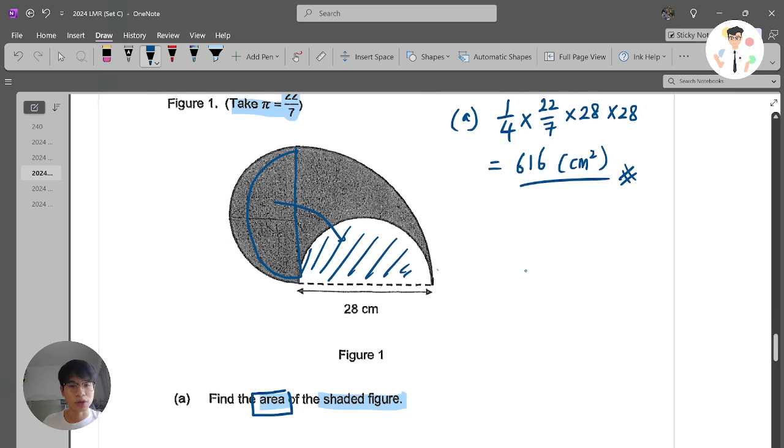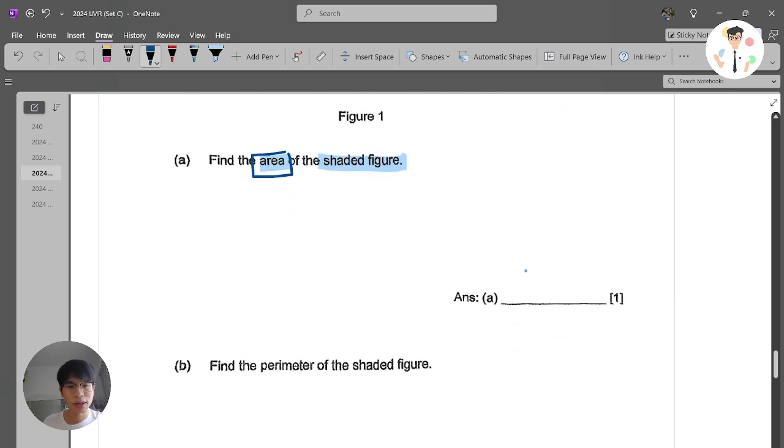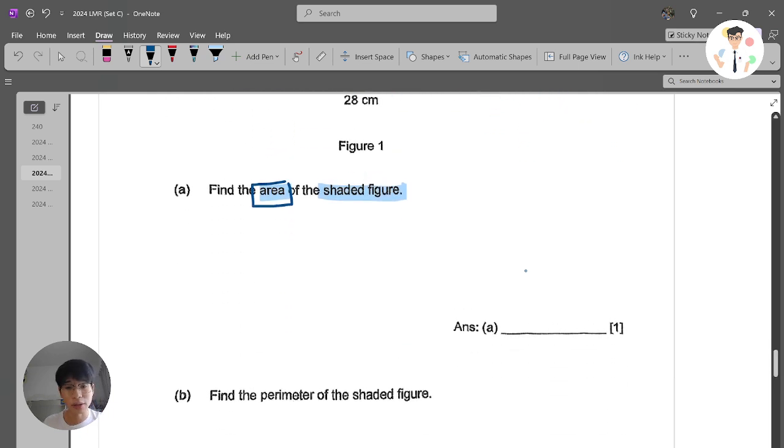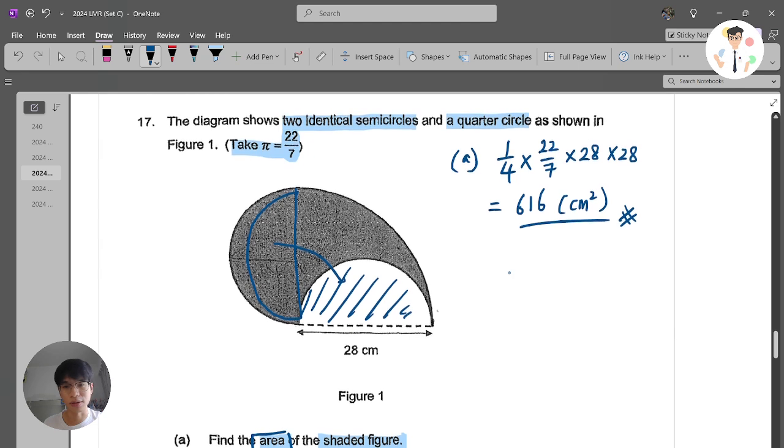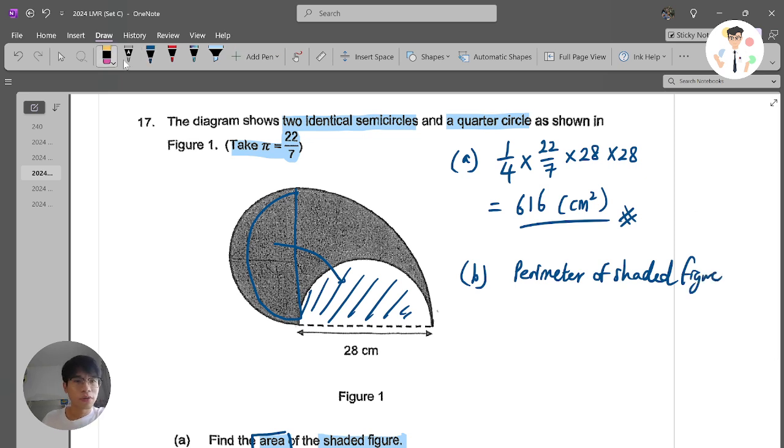Now let's look at question B. So question B now asking for find the perimeter of the shaded figure. So let me just write it here to make it easier a bit. Now B is asking for the perimeter of the shaded figure. So if I'm looking for the shaded figure, let me just erase this since I cannot do when I move here in perimeter. I know that the length here